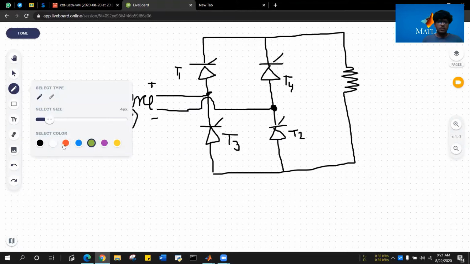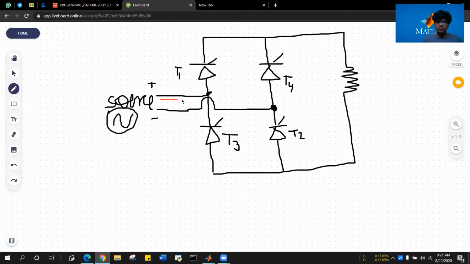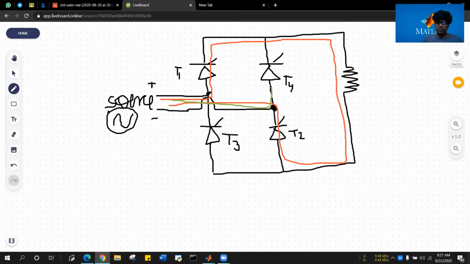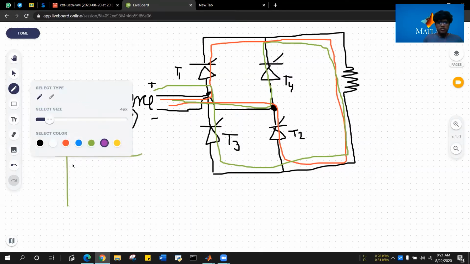How it works is, for the first signal it will go from this T1. As you can see, I have four thyristors, T1, T2, T3, T4. So it will go from T1 to the load to T2 and back. This is one cycle. For the other, we go again from here, T4 to the load, and then T3. So in that way, if this is our sinusoidal input signal,